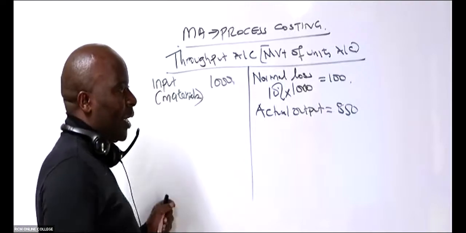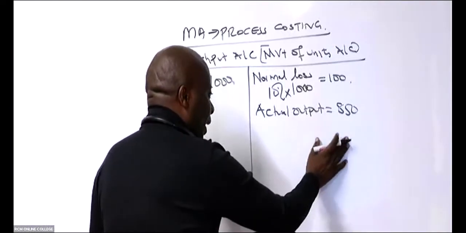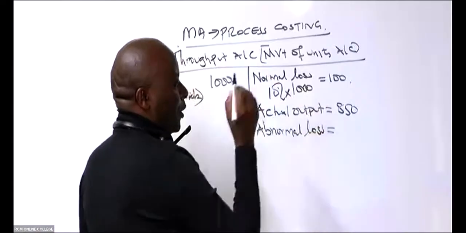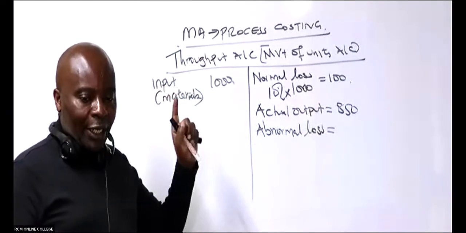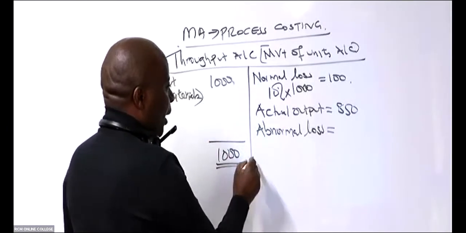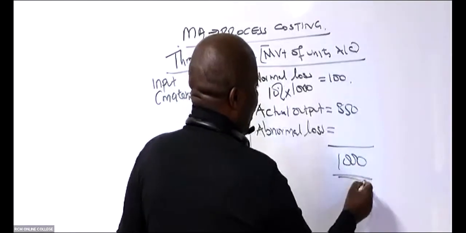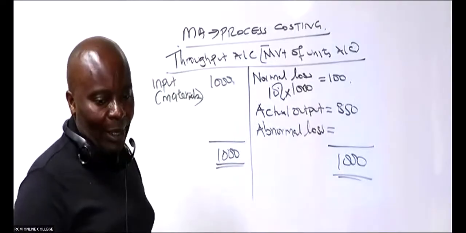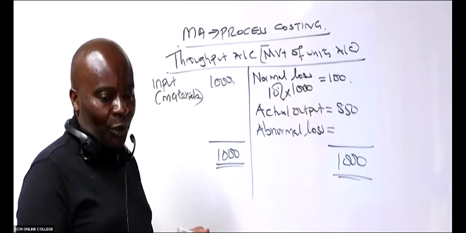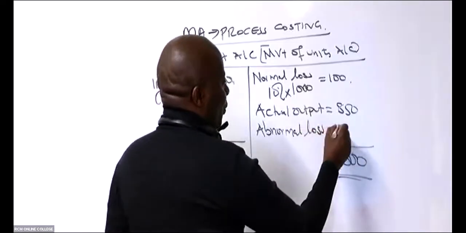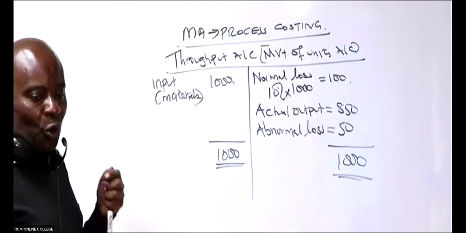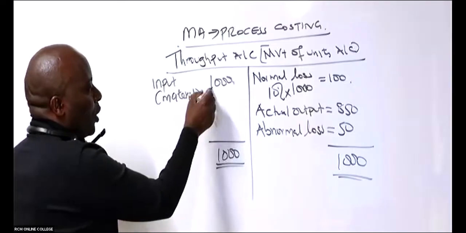Please balance this account. If the balancing figure goes to the credit, we call it an abnormal loss. I'll go to the credit because I can see this is 1,000. So 1,000 minus this will end up giving me how much? 50 units. Now, remember yesterday, I tried explaining that generally, when you look at the total actual loss,